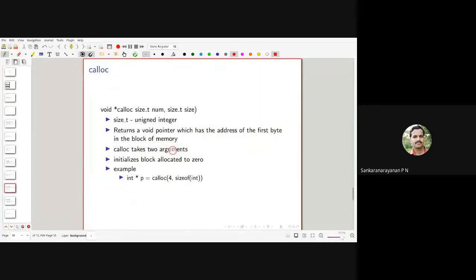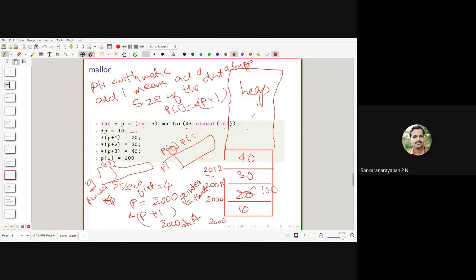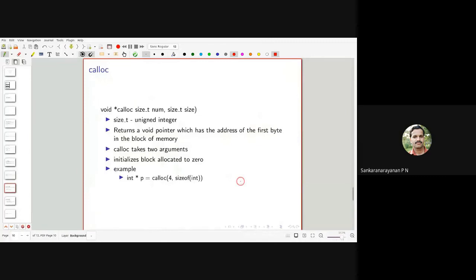Next is calloc. When we do malloc, we assigned 20, 30, etc., but initially, once we do the malloc, it will hold some garbage values. When we assign 10, 20, 30, 40, they are overwritten with actual values. Coming to calloc, it has a similar syntax, with parentheses and size of integer, but with a slight difference.